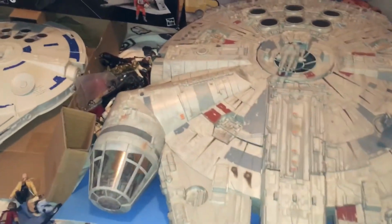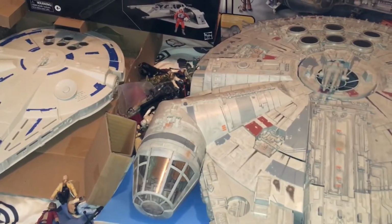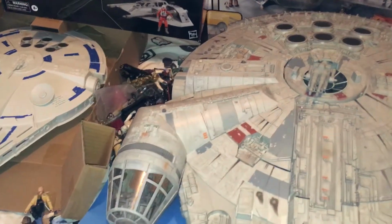It's a weird word. Minuscule. Sounds like a fish thing. Man, fish tanks, huh? Anyway,